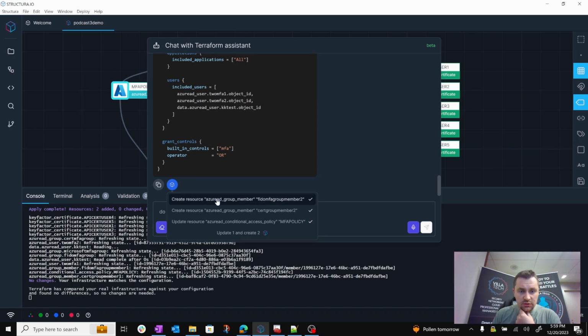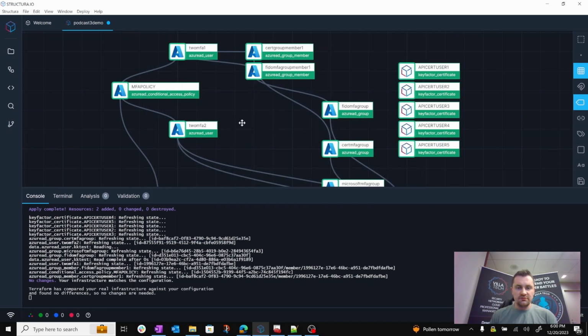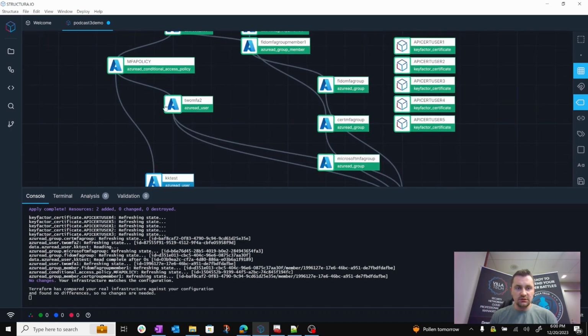So it's going to create a resource, correct. We do want it to go to the FIDO MFA group, and then also to the CERT group as the two new group memberships, and then update an existing resource that we already have. So let's go ahead and click that and confirm that is correct. You can see our second user now has